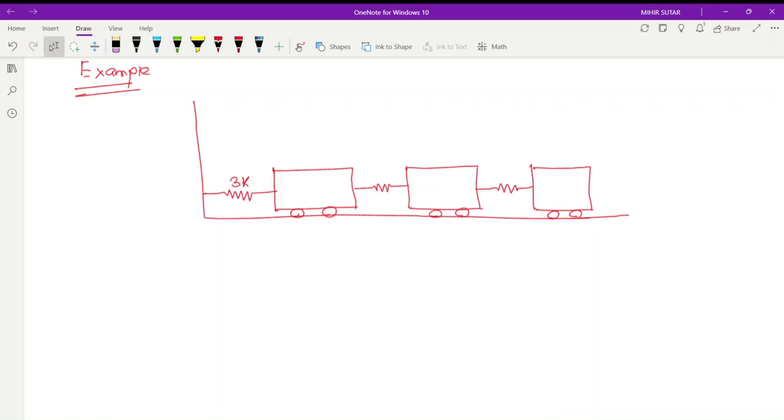Let us say its stiffness is 3K, K, the masses are 4m, 2m, m, okay, and the displacements are, let us say, x1, x2, x3. Okay, this is the multi-degree of freedom system having 3 masses, 3 springs connected to them, okay, and overall